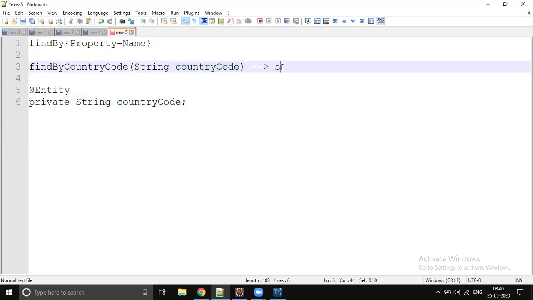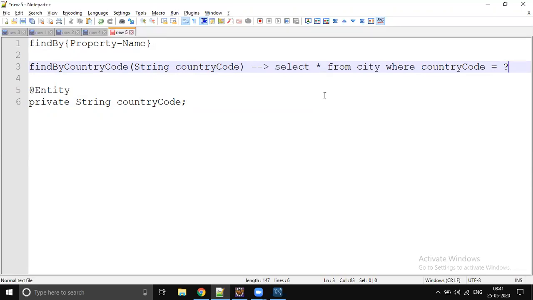What will happen? Internally, JPA generates the query: select star from city where the non-primary key column, right? And this is going to be a prepared statement, so a placeholder will be kept in the generated query.